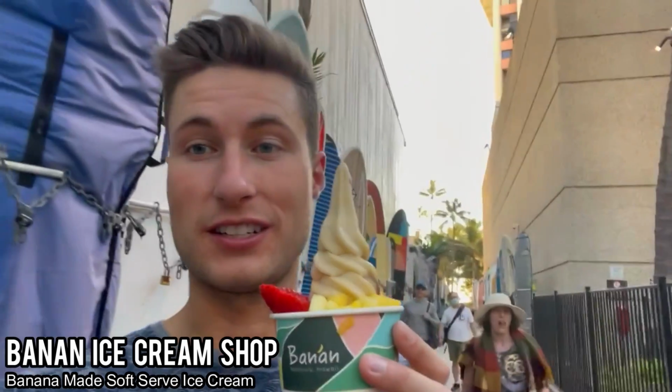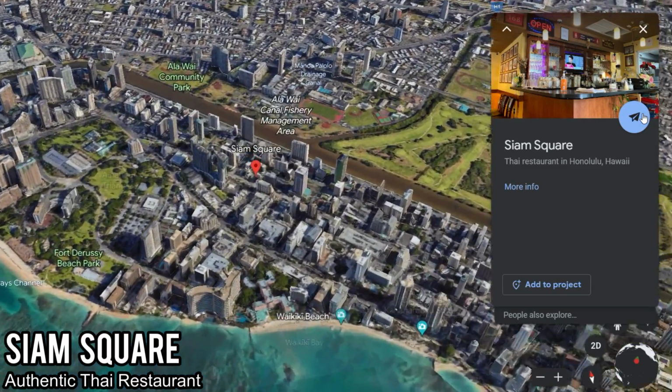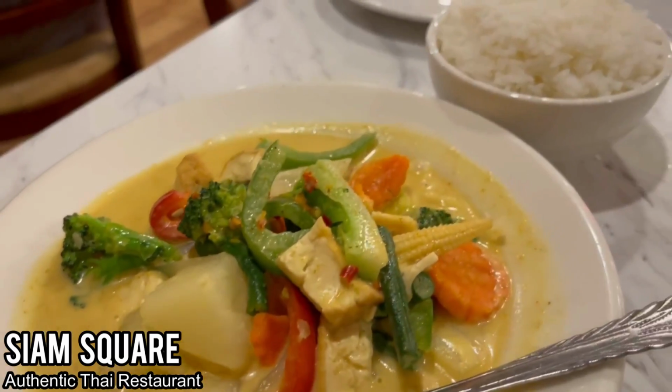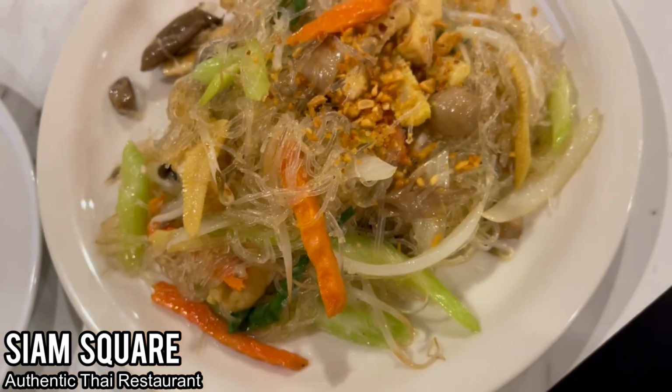One of, arguably, my favorite dinner spots on Waikiki is going to be SIAM Square. Now, this is a Thai restaurant that is located on the 2nd floor of this building. It's in Waikiki, and they have some unbelievably delicious Thai food, including some Thai curries, some Thai noodle dishes, and there's lots of people in there usually for dinner, which lets you know that it's a